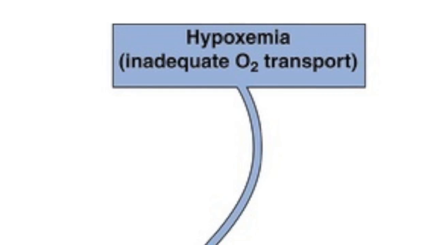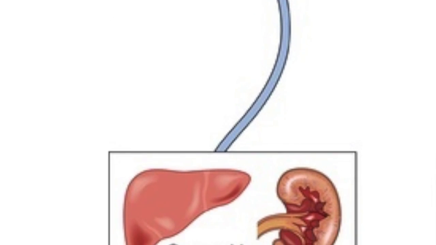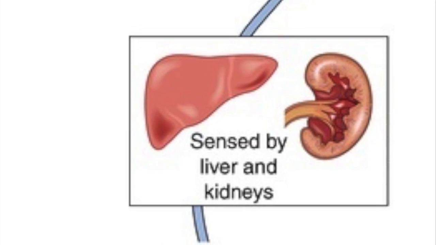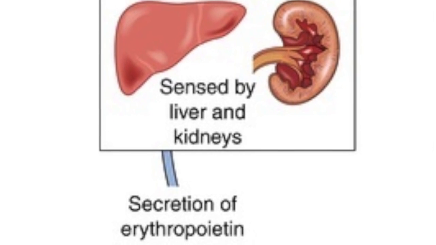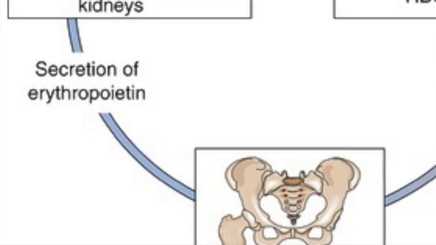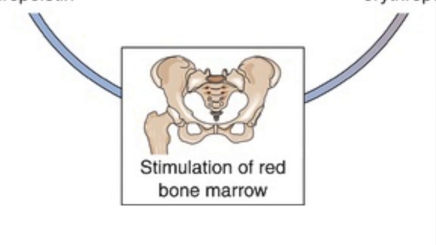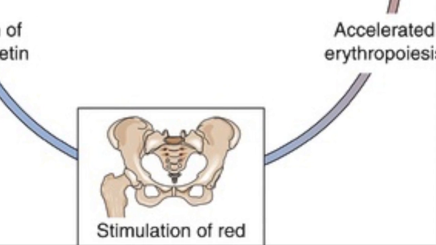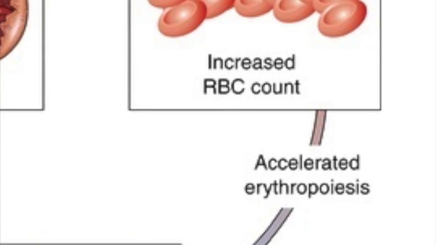Hypoxia in blood and also low blood pressure specifically stimulates the kidney to produce and release erythropoietin. Erythropoietin stimulates the red marrow of the bones to produce increased numbers of pro-erythroblasts. It also shortens the time period for the maturation of erythrocytes. The increase in red blood cell production leads to an increased oxygen-carrying capacity of the blood. This increased capacity reduces the stress of hypoxia and in turn produces a negative feedback control on red blood cell